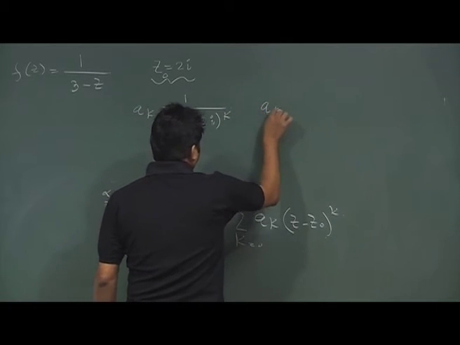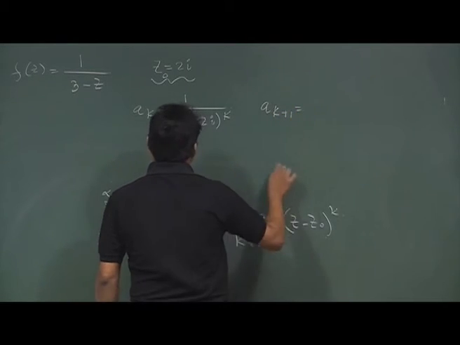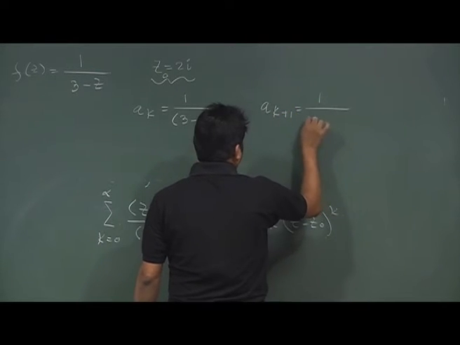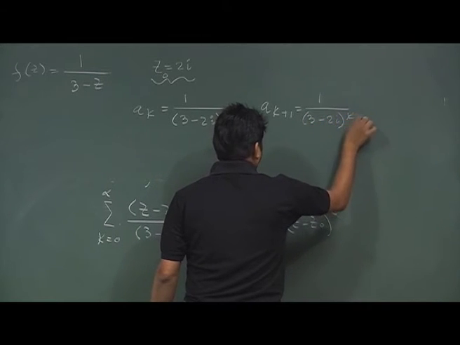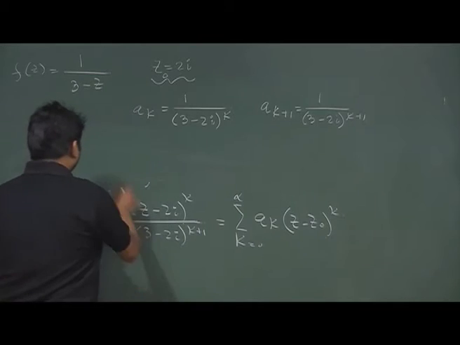So ak plus 1 is 1 divided by (3 minus 2i) to the power k plus 1,